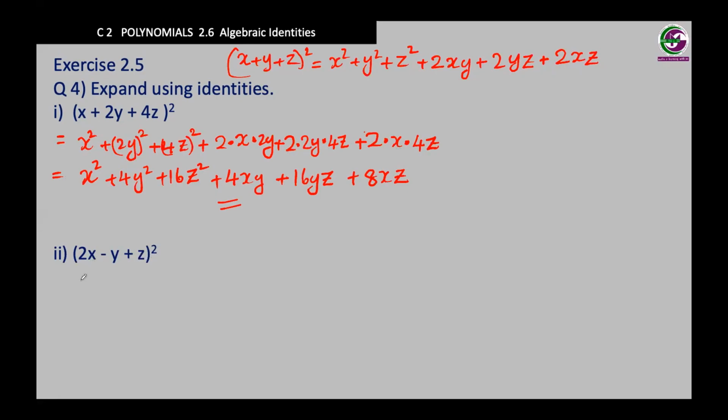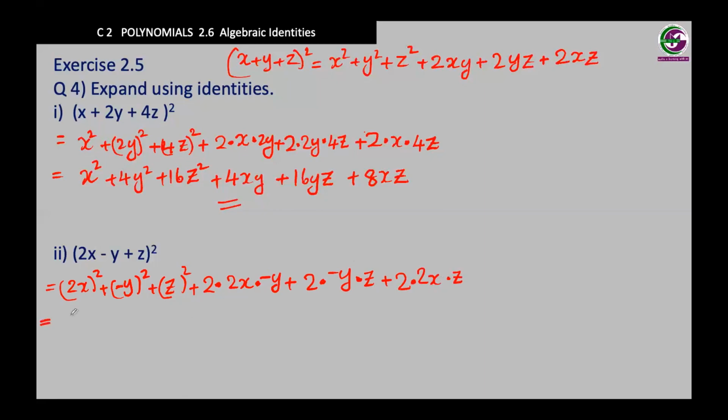2x minus y plus z. Again, it's the same. We have three terms. So the square of the first term plus the square of the second term. Even if you have a minus, it will get vanished at this stage. Plus z power 2. Because you have a minus, I put them in a bracket. Plus 2 times first term multiplied by the second term. If you have minus, take it with you. Plus 2 times second term multiplied by the third term plus 2 times first term multiplied by the last term,